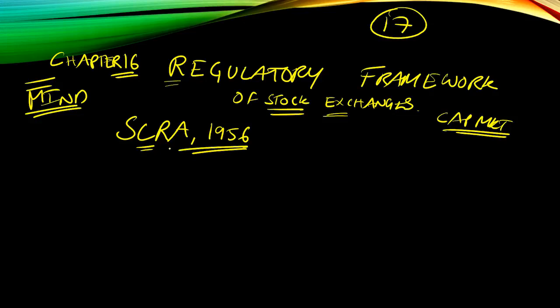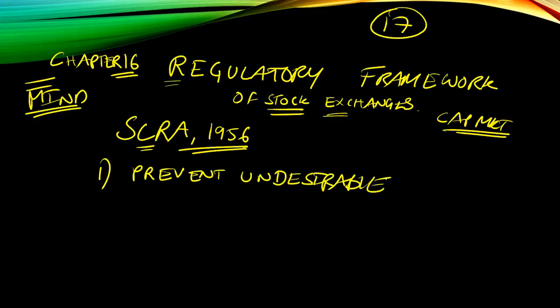So in SCRA, there are primarily 3 points which you should know and what should be in your mind before you study this particular chapter. So what is the purpose of this SCRA? The first thing is to prevent undesirable transactions. So what do you mean by undesirable? Any transaction where there could be fraud involved, or any transaction which is against the principles of security laws, any transaction which is against the SEBI guidelines, or any transaction which is insider trading, any transaction which is to defraud the investors. So all this will come under the SCRA.